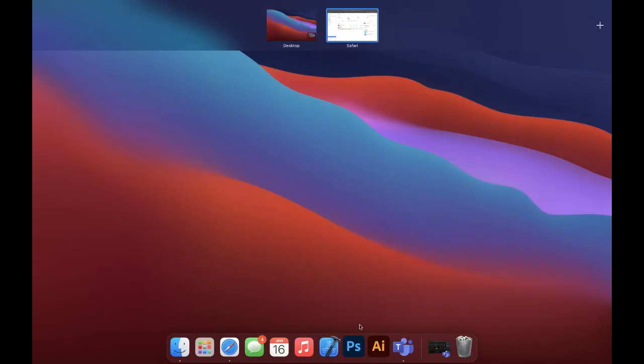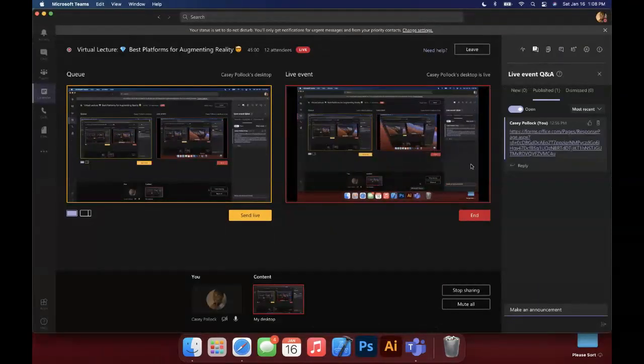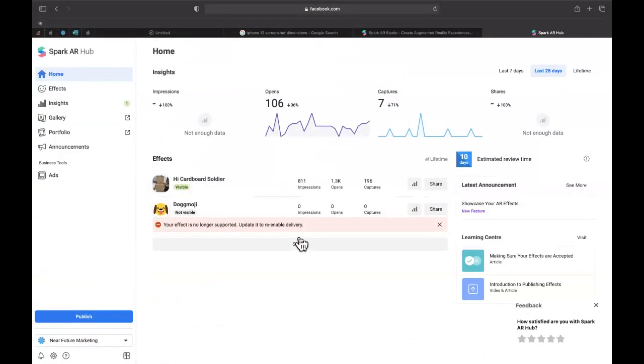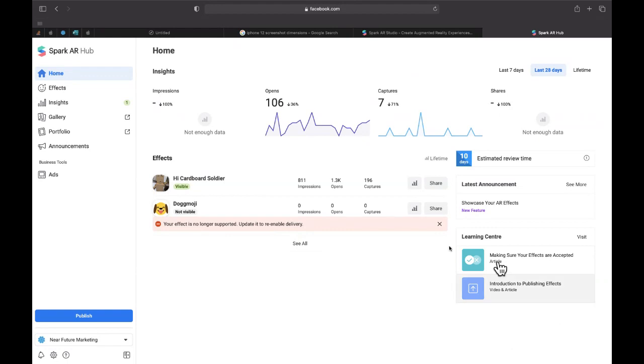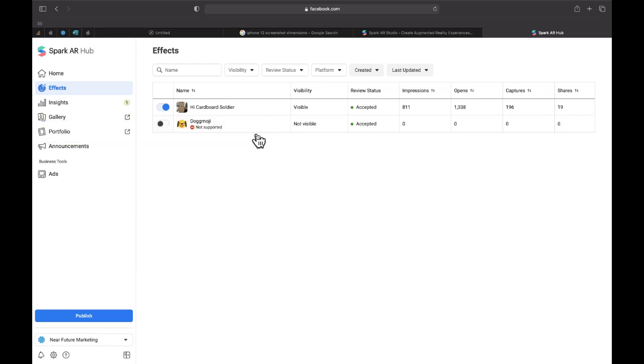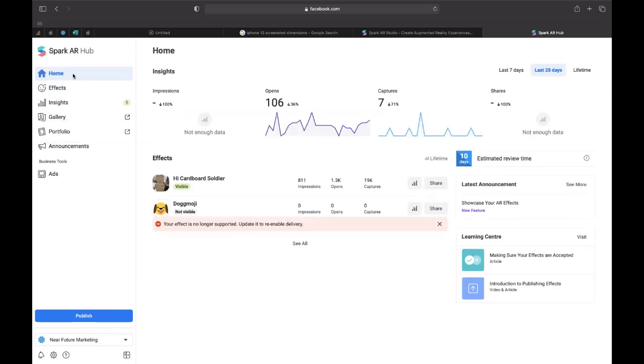So before I cover this really quick, let's check if there are any questions. Looks like there are no questions, perfecto, and we'll just hop back over. So Spark AR, same thing, but again, you can't make any money here, so you can't set any prices, and that's why I don't spend a lot of time in Spark AR, because you can do a lot more on iOS. But it doesn't matter. You can see here, I have some effects, and this goes by account. I'm not sure which account this is reflecting. I think it's just my business account, which I only have one active filter on.